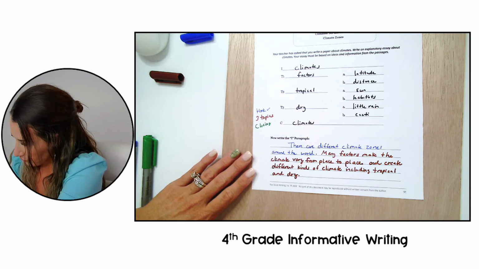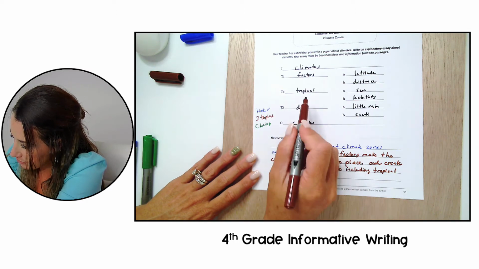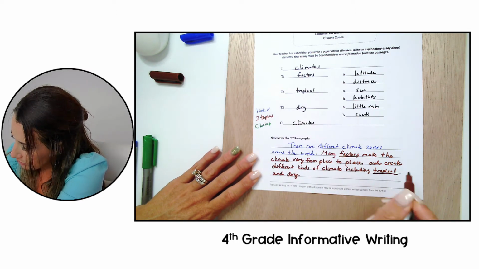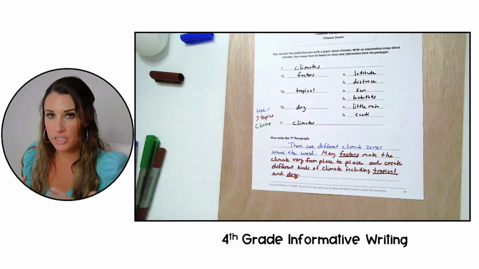So I put factors. I'm just going to underline them for it. Factors, tropical, and dry. So that way I'm mentioning the 3 topics I'm going to discuss in my essay